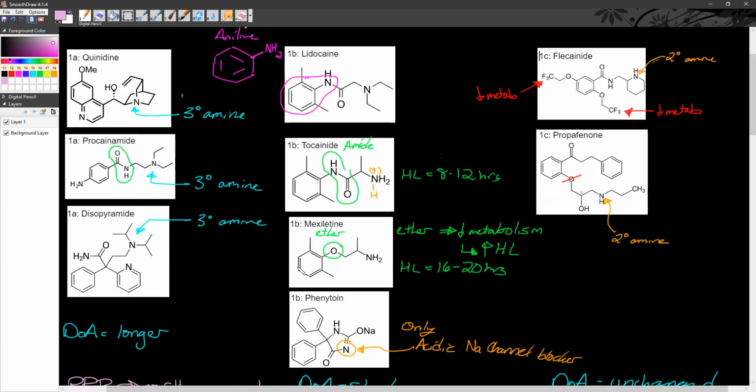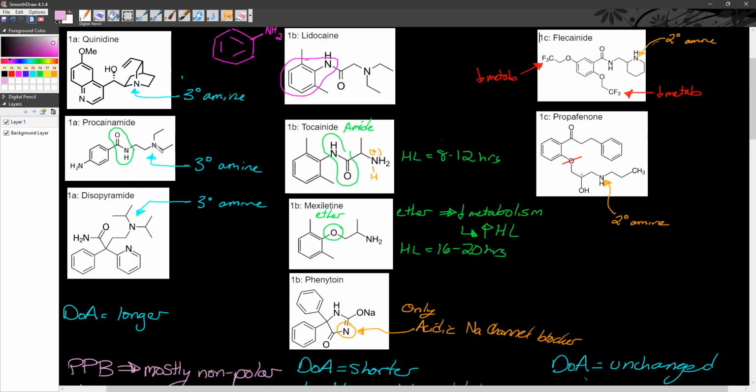So looking at these different drugs, we can see that here in procainamide, we have lots of NH. We have two NH bonds, another NH bond. This can form a hydrogen bond under acidic circumstances. Same thing with disopyramide. We have hydrogen bonding here. Tocainide, mexiletine has these two groups here. So in terms of the ones which are highly protein bound,